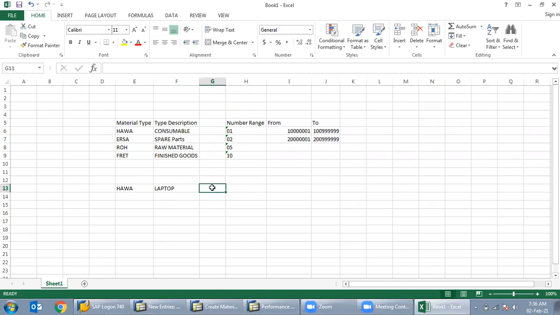But in the end user part also we will be creating the material code, right? Yes, suppose the end user is creating the material code, not the material type, because in the daily requirements they have a lot of new materials to be created. So that is the work of an end user.